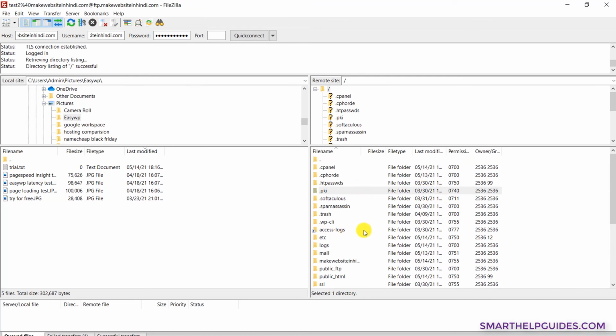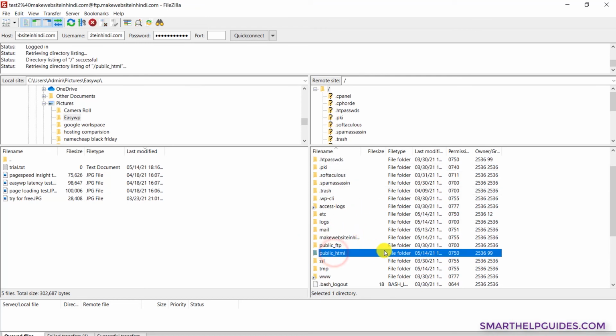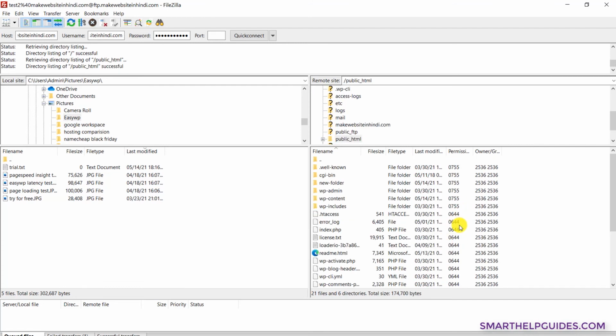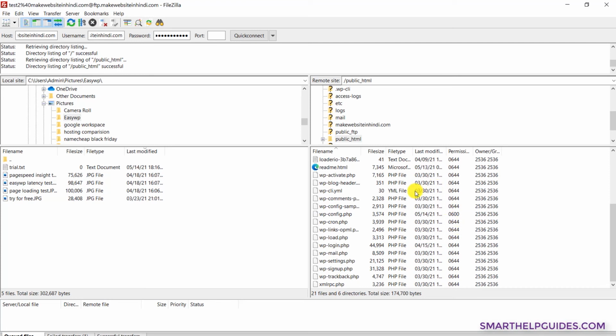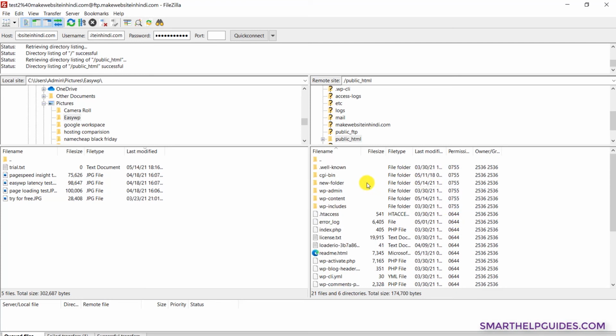You can see all the folders are here. So again, we have to go to the public HTML folder where all our WordPress files will be, and this is where you will have to upload any file for verification. So make sure that you are uploading it in the correct folder. If you upload it in any other folder, then the verification process will not work. Files present in other folders before public HTML are not publicly accessible.